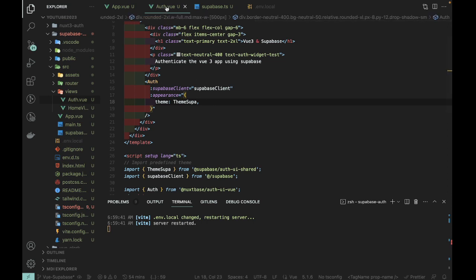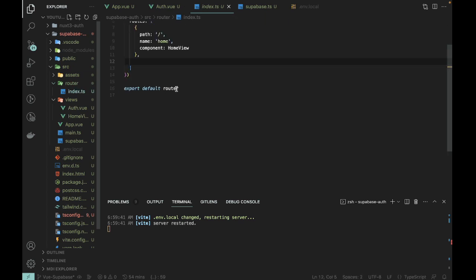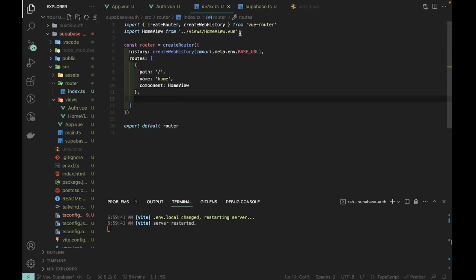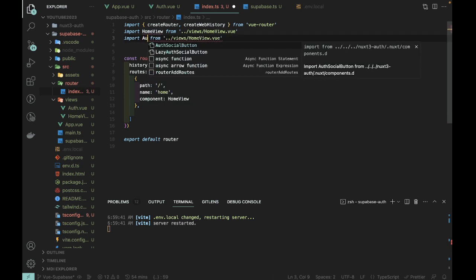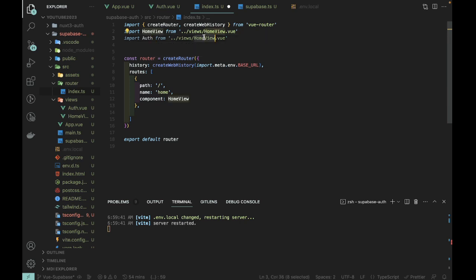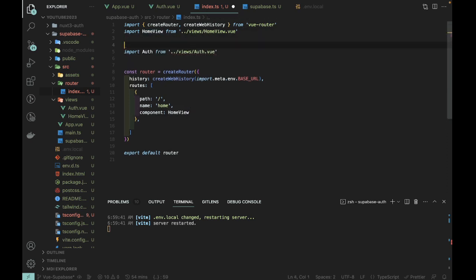We have to obviously add this page in the router. So let's come here, and I can simply import that. Let's copy that and paste, and I can simply say auth, and here I can say auth. Let's save that. This is a strange error, I don't know why. I can ignore that,